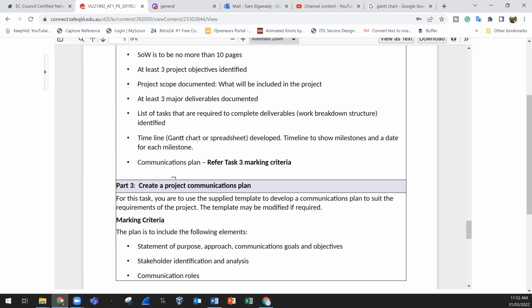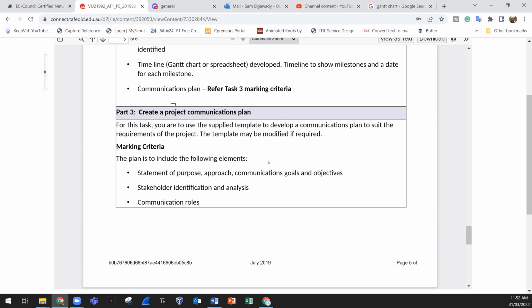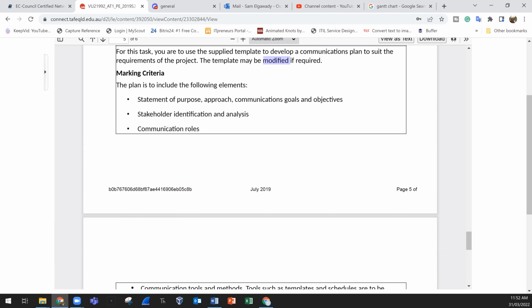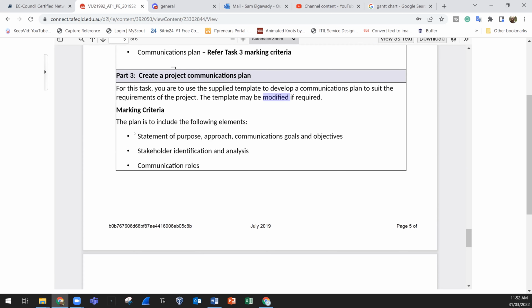So we need timeline. We need communication plan. Part 3, create the project communication plan, and you can use template or you can develop your own. It's up to you. You can even modify the template. And the marking criteria here, we need to have statement of purpose, approach, communications goals and objectives, stakeholder identification and